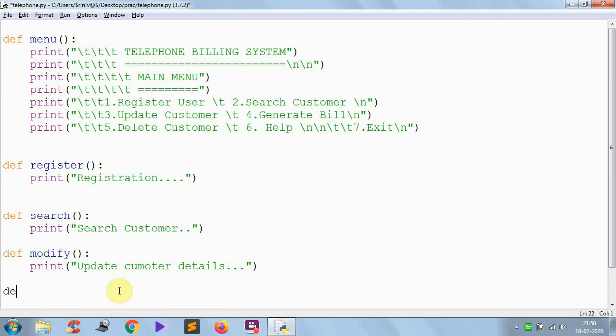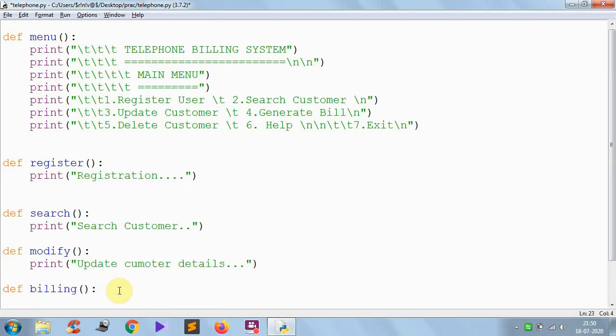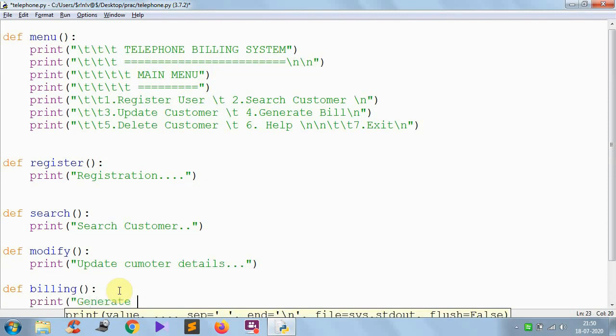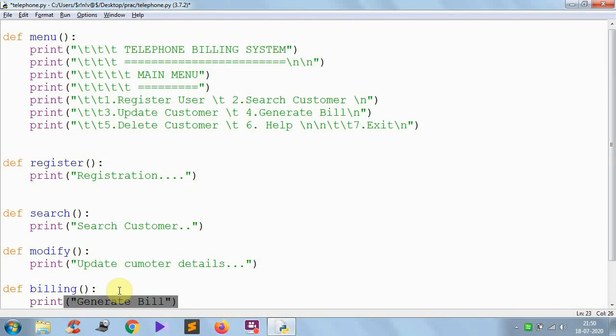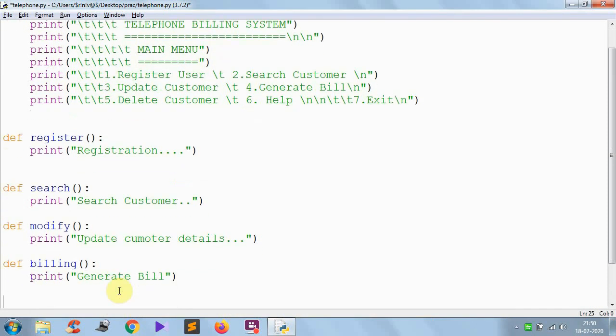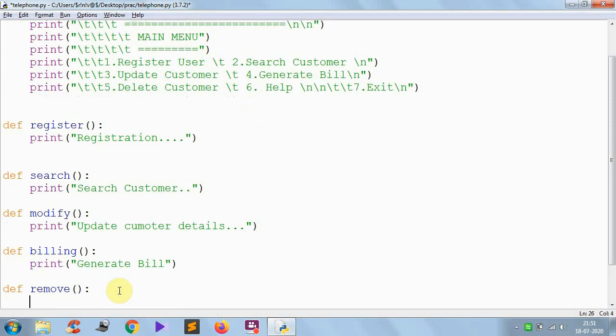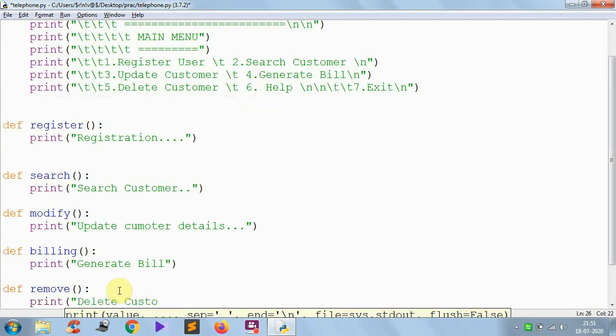After modify, what is the next one? Next one is billing. So print generate bill, and after that delete, remove customer. I am using the function name remove, just print delete customer,